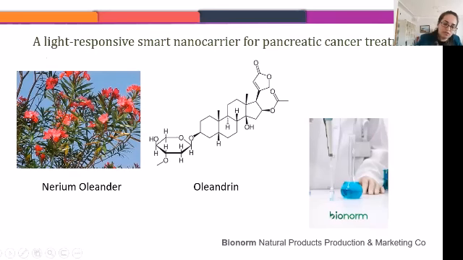It is not toxic only to tumor cells, but it is toxic to the healthy cells, especially heart cells. So it may result in a heart attack. In order to increase the bioavailability of the oleandrin to pancreatic cells, it should be covered with something, and by this way prolong the way it goes until it reaches the cancer tumor cell.